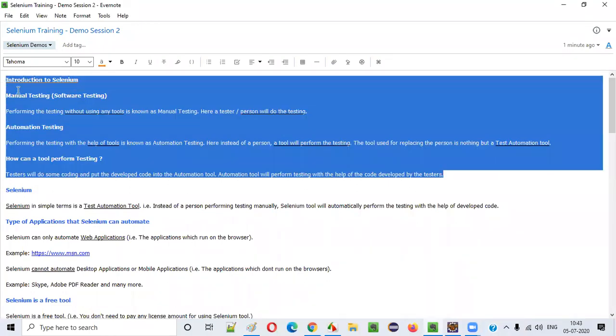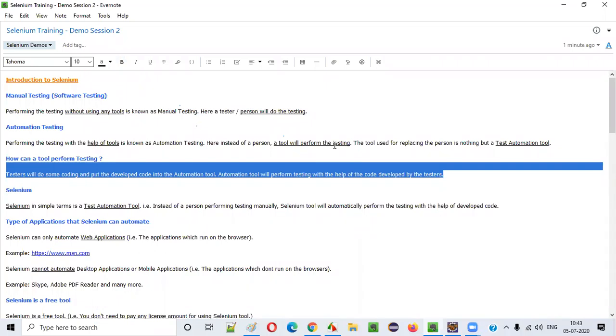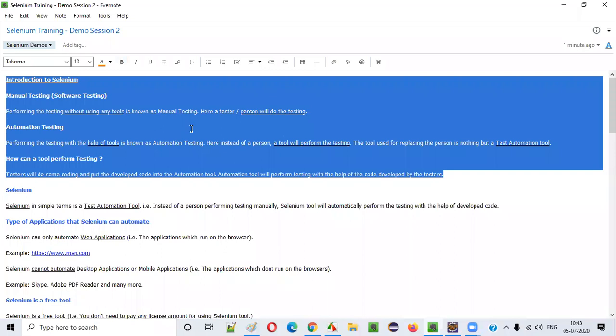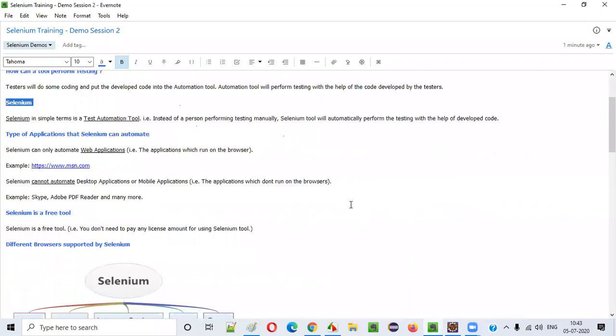Now, introduction. Before we start Selenium, these basics are required, guys. Whatever I covered today is required, because without knowing all this, if you start learning Selenium, that is a waste. You need to know first why you are learning Selenium, what exactly Selenium is, and why you have to learn it. Then only your understanding of Selenium will become better, and you will feel a purpose. Fine, guys. Let's start with Selenium then.